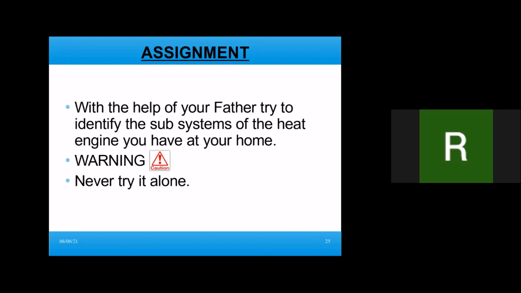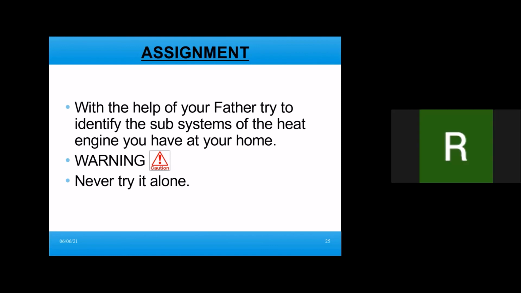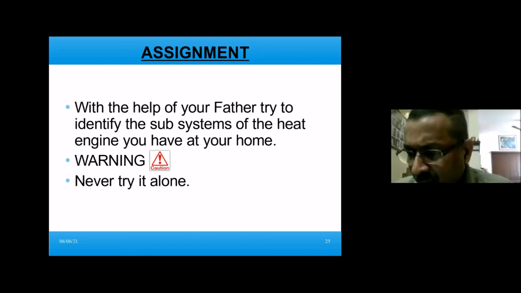So in light fuel oils, there are names like petrol and diesel. In HF oils, is there any product which has a name? Actually, I didn't get your question. Sir, in low fuel oils, there is petrol and diesel. But in high fuel oils, what oil are we using? HFO, yes. You mean HFO.